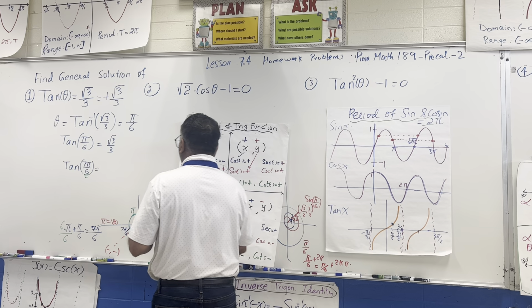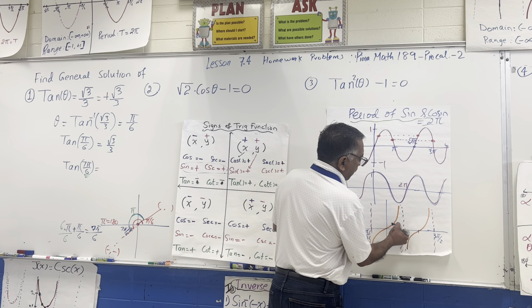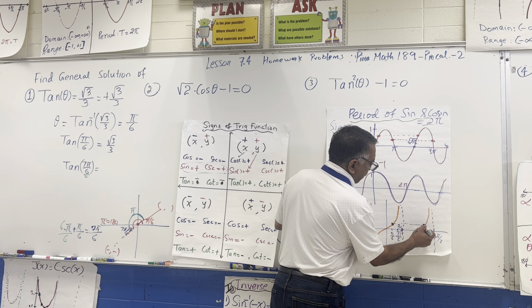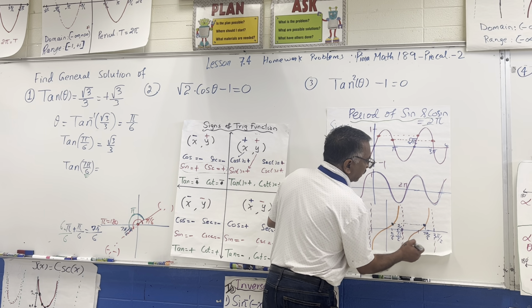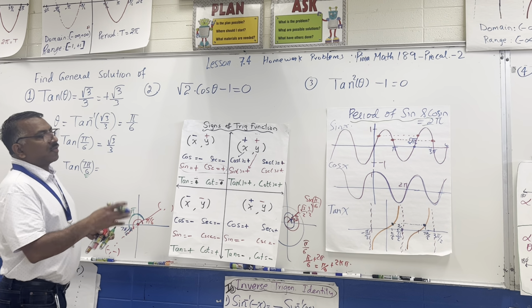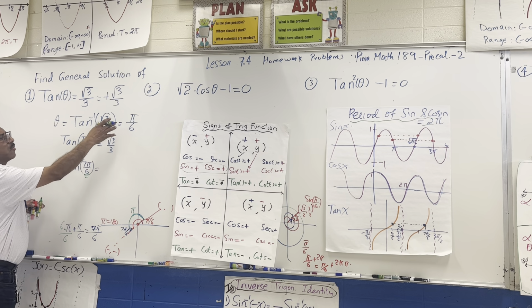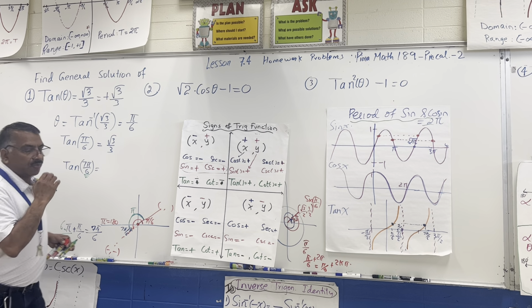So if you see this, 7 pi by 6. So you add 7 pi by 6, this way. So this becomes 7 pi by 6. What I'm trying to say is, because of the cycle, you don't have to use this. Can we use the same one, pi by 6? Once you get this, because of the period,